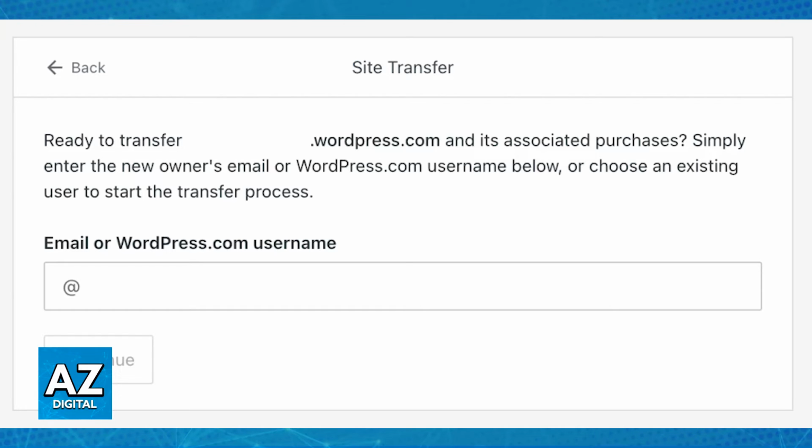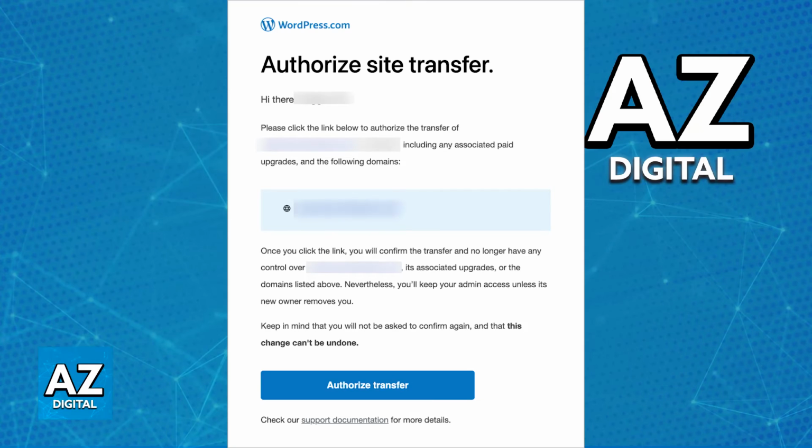Now, when you enter the email and you click continue, they will be able to read all of the warnings on screen, so make sure that you are aware of this process. You will be transferring the ownership of the site, but you will remain as an admin yourself. The new owner needs to remove your admin access if they want to. Any posts that you have published will remain authored by your account.